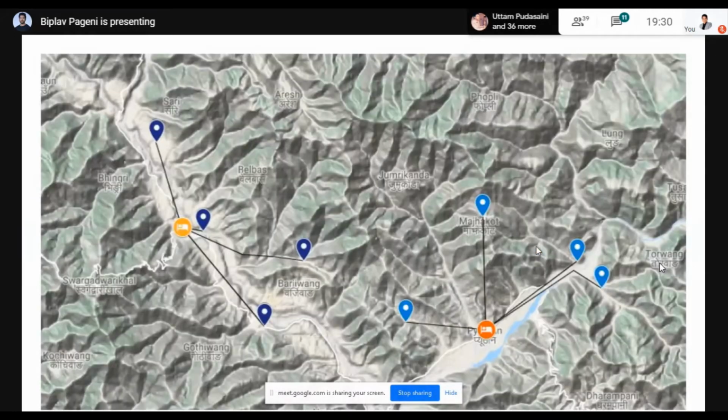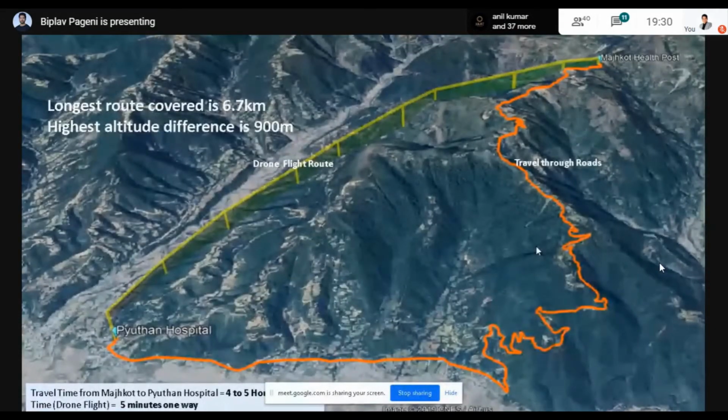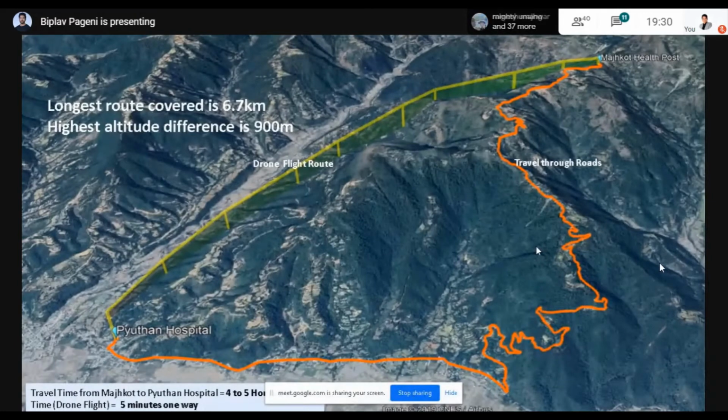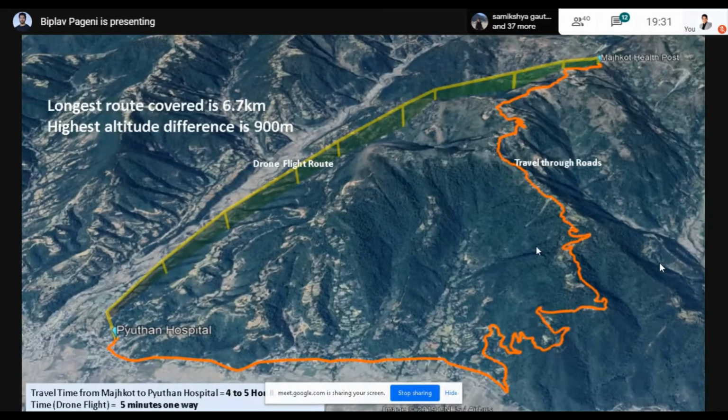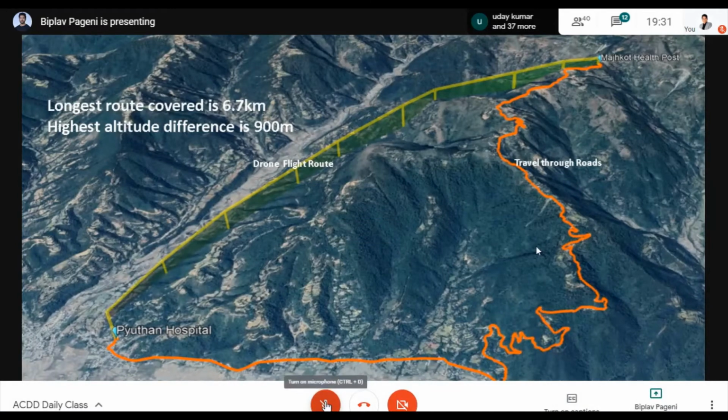Currently, the drones are fully operational since June 2019, which connects a primary healthcare center that is seen on the left side and district hospital indicated by the red icon with 4 health posts each. The longest route covered is 6.7 kilometers, while the highest altitude difference between 2 landing zones is 900 meters. Here you can see the road travel time from Marchkot Health Post on the top, going down the hill to Bhutan Hospital on the bottom is 4 hours, while a drone can bring the sample